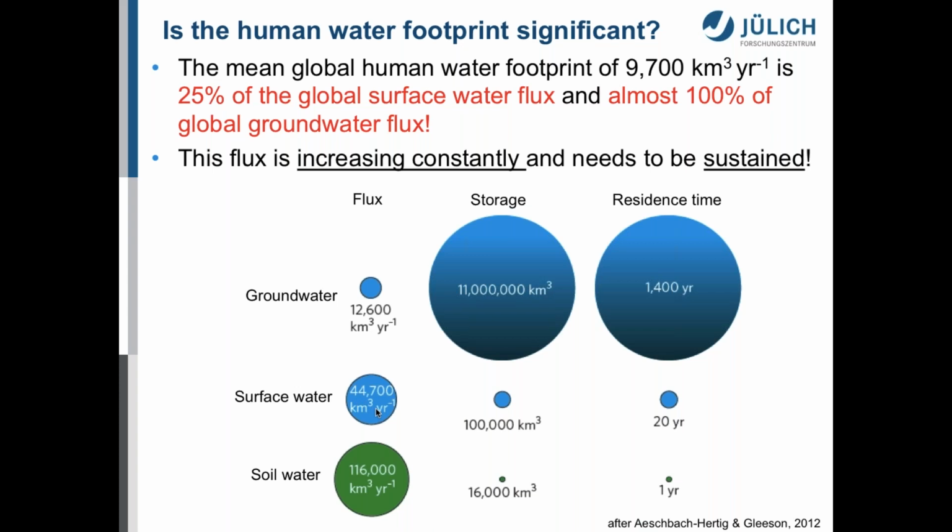So in terms of just looking at the global picture, it appears to be really significant. Of course, there's huge variability, and we have to look really in different regions to assess also the regional impact. But to me, it was also surprising that it is really on the order of global natural fluxes. And this flux, of course, is increasing constantly, and it needs to be sustained. You know, that's also key here. So what factors are really important if we talk about sustainability?